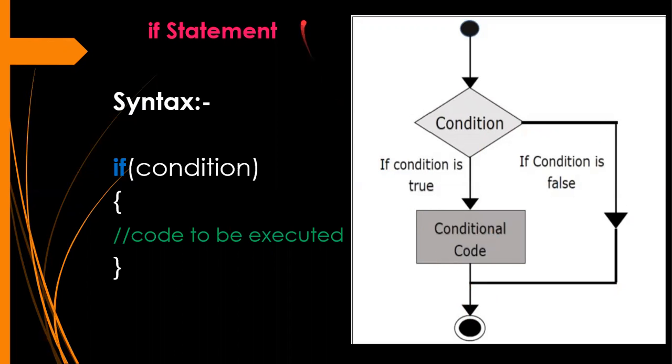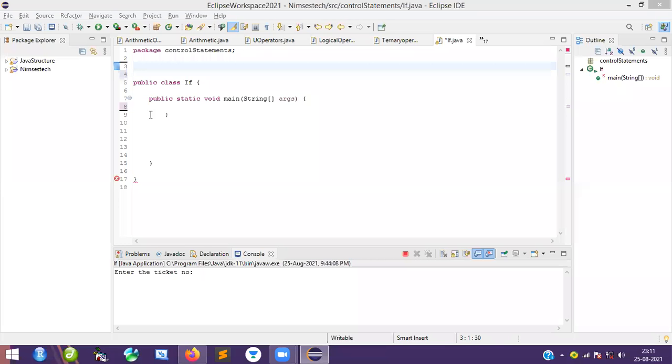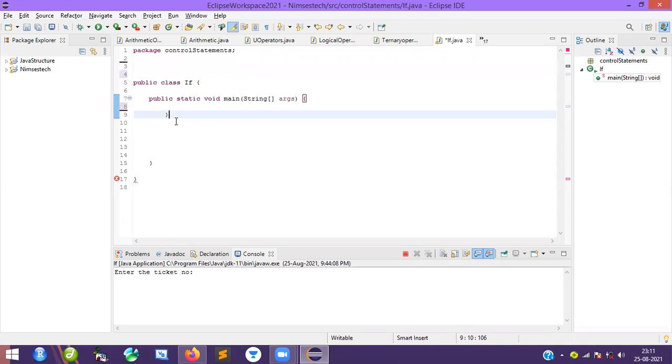So we're going to write a program on this. Later we will execute this one. So let's have an IDE here. We can see we have an IDE. We're going to execute the program in a simple and easy way. So I created a class here. We can see the class name is IfStatement.